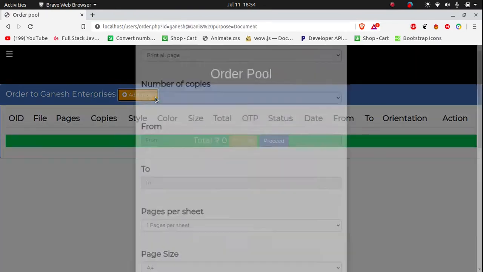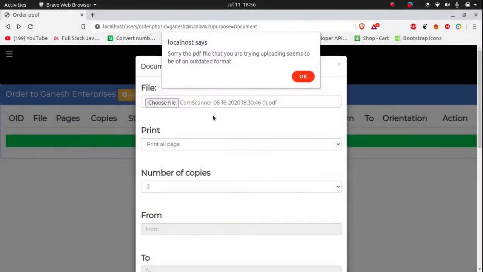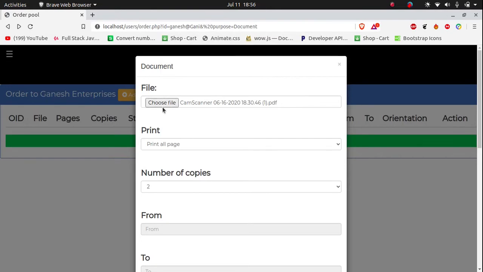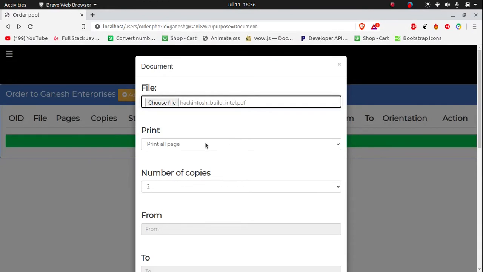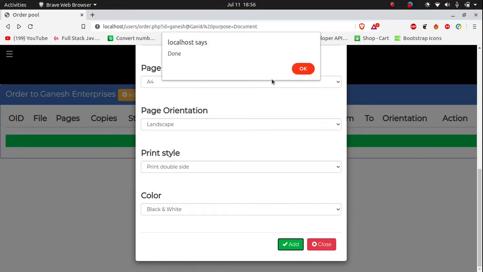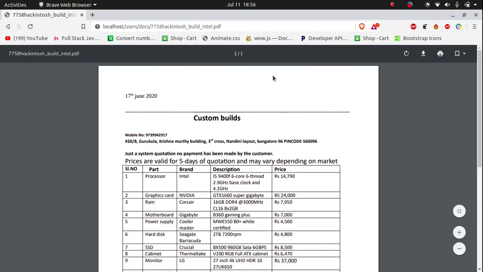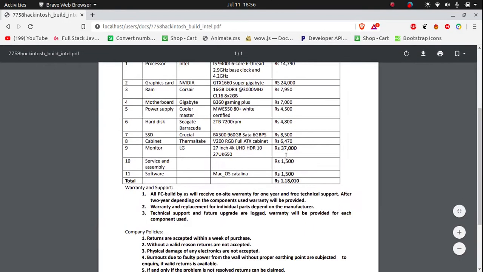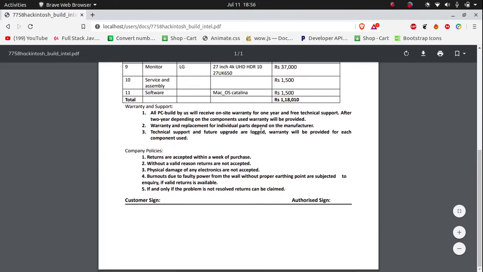Now here you need to add your order. Yeah, now here we can see I've uploaded a quotation, a random document that you want to get printed.